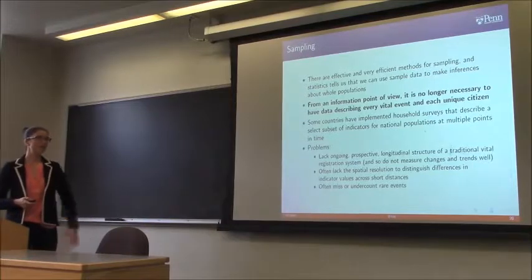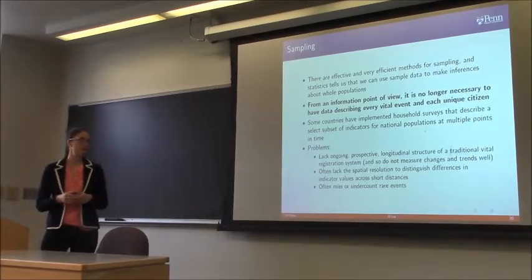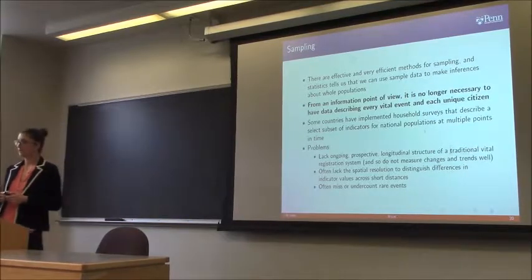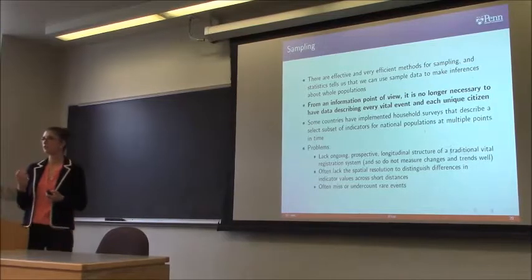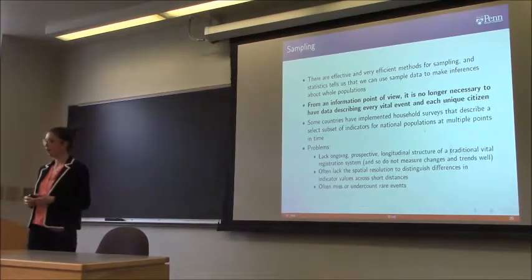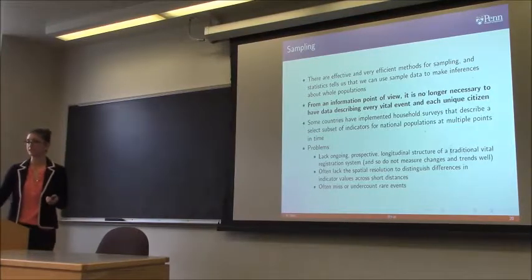And then because household surveys are usually only being sent out to a random sample of people, they're not being sent out to very many people at the same time. If you're looking to capture specific rare events, you're going to miss them or certainly undercount them because you're just not going to see them often enough to get a really good idea of what's going on.